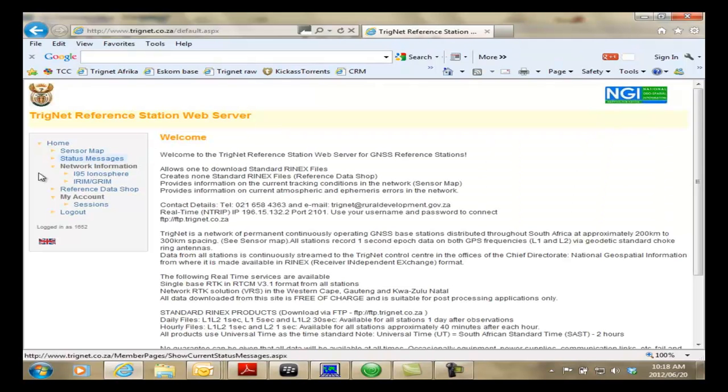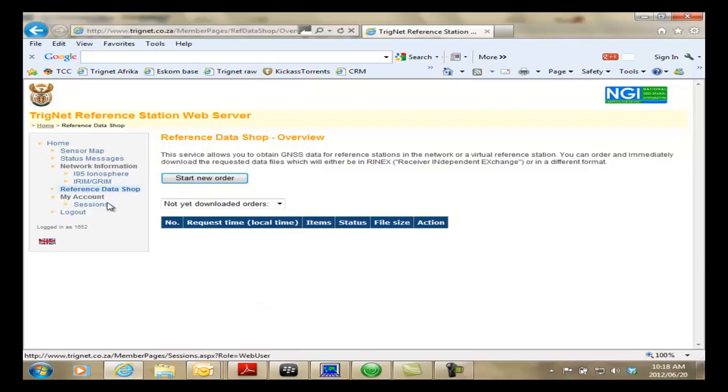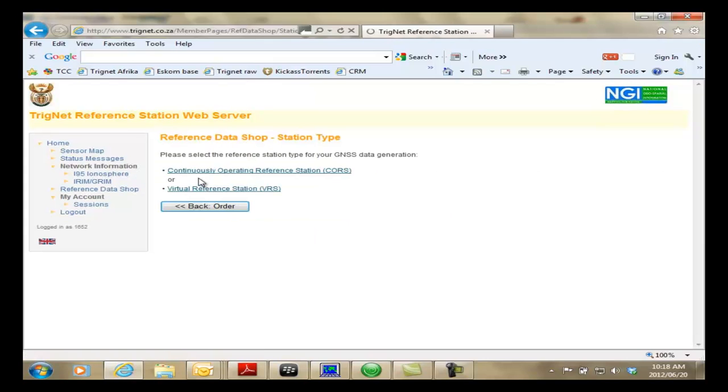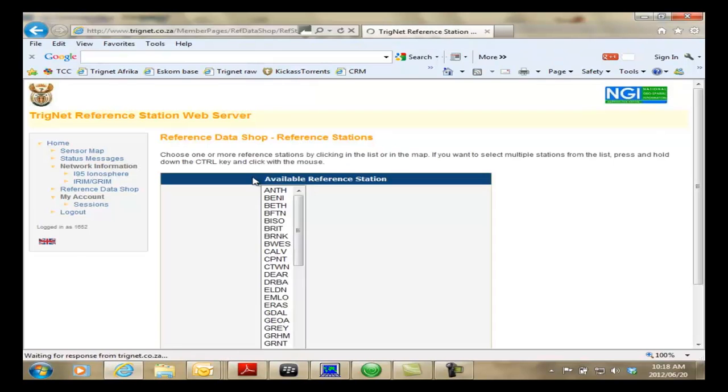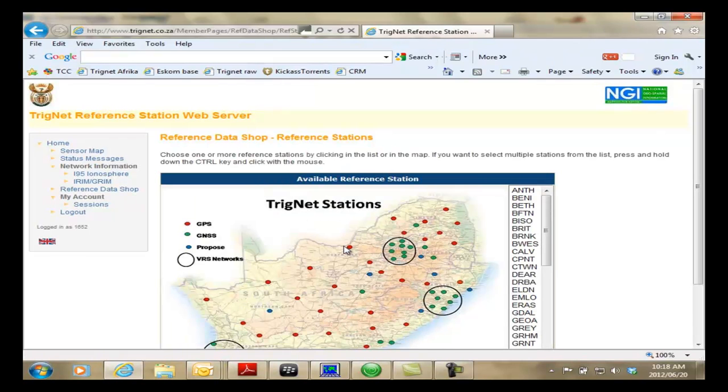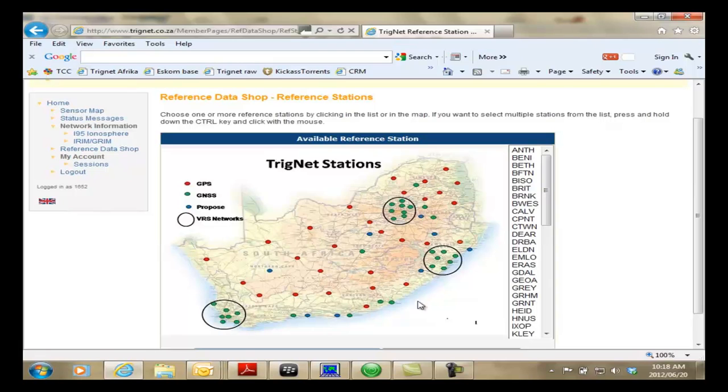Okay, so after you've logged in, you go to Reference Data Shop and you click on Start New Order to order the base data that you need. Okay, and then you choose Continuously Operating Reference Station. That's the base stations in South Africa,